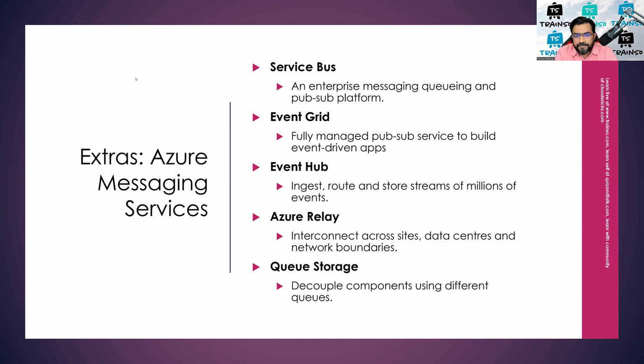So you have Service Bus, which is a straightforward solution, and then you have Event Grid. It's a fully managed pub/sub service to build event-driven applications. You have Event Hub, which you can use to ingest, route, and store streams of millions of events. You have Azure Relay Service. Basically, you can interconnect across sites, data centers, and even across network boundaries. Basically, you can use it to connect between your on-premises and the cloud. You also have Queue Storage, which is actually part of your storage account, but again, it decouples components using